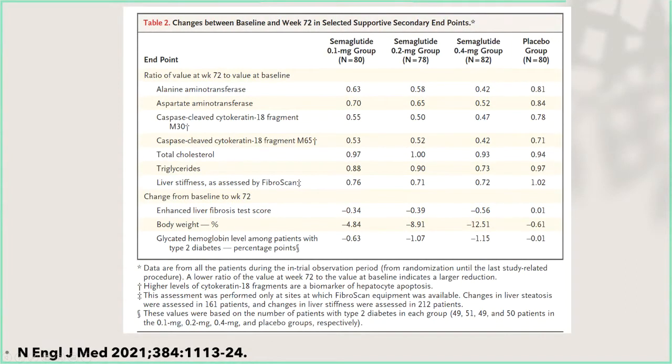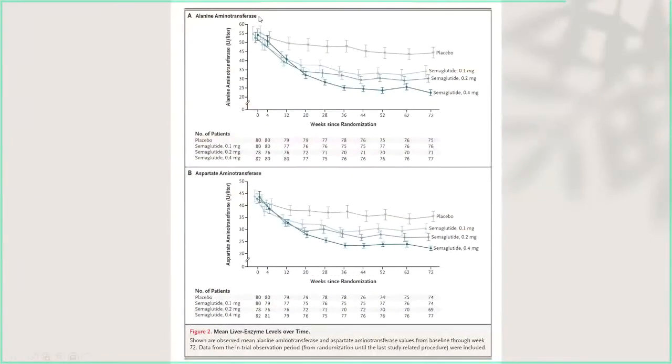On their analysis it was not related to weight loss, because there was a significant amount of weight loss with the highest dose of semaglutide, much more than with the other doses, and you can see improvements in the other components of this disease. This shows you the changes in the ALT and AST over time with the different